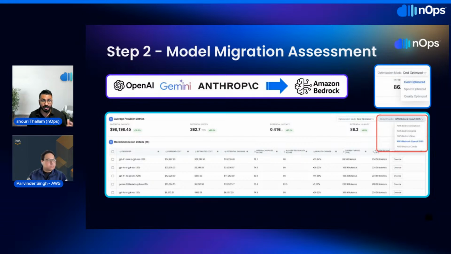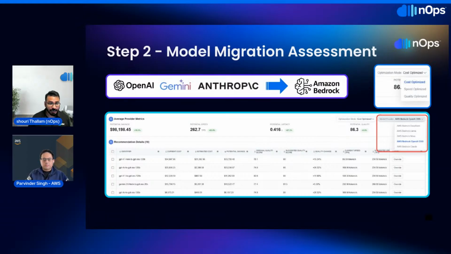And you can toggle between our categorizations here, looking for cost optimized, speed optimized, or quality optimized, depending on what you're looking for, and instantly see the recommendations shift around. Each recommendation is completely different. You can inspect the cost delta, speed improvements, and quality changes line by line. This gives customers and AWS teams confidence to say, hey, yes, this migration makes sense, and here's the data